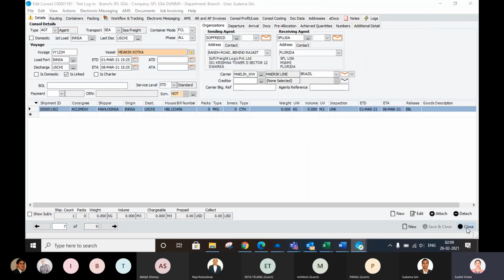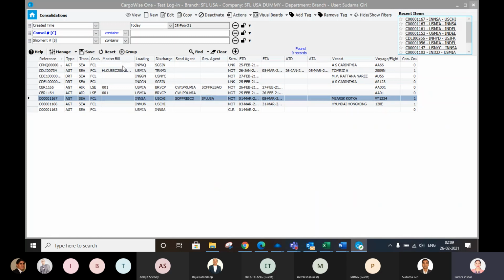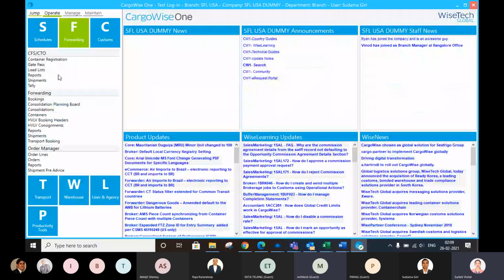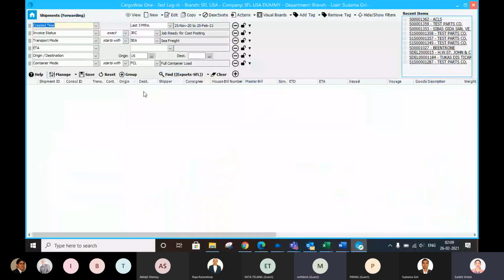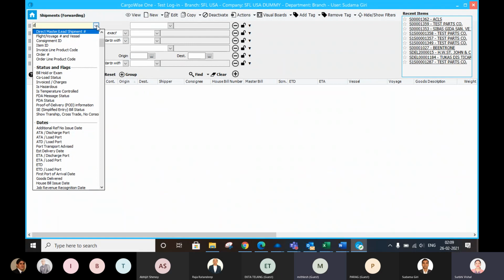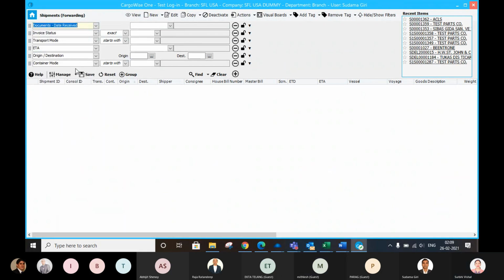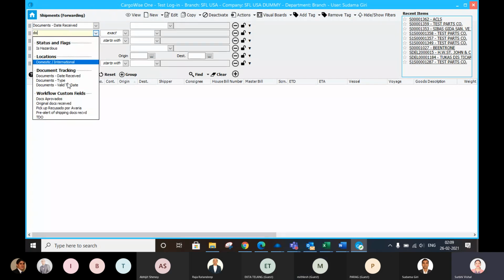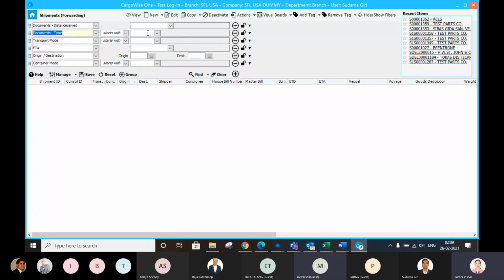So Sudama, if you can show that arrival notification dashboard. Go to the shipment. ARN.